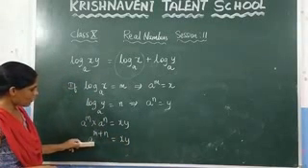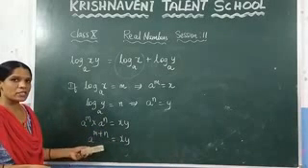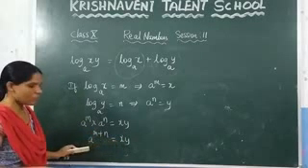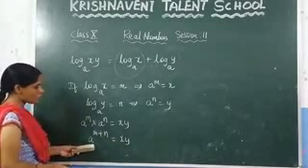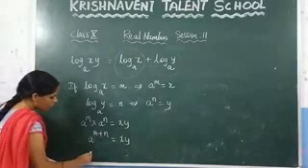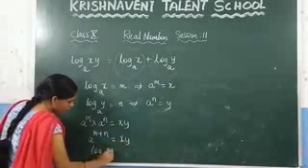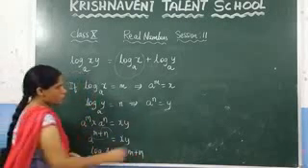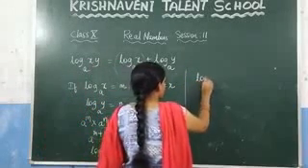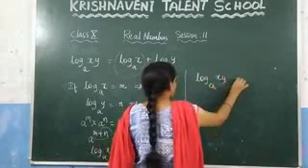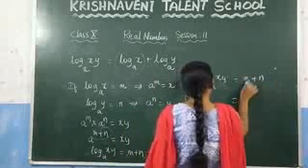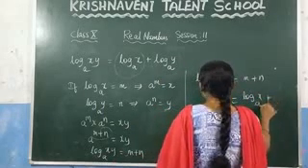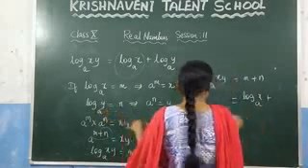Now we have got it in the form of a power x is equal to n. Now we can express this in the form of logarithms, because we cannot express this xy with the base a otherwise. So after expressing this in the form of logarithms, we can write log xy to the base a is equal to m plus n. But what is m? m is nothing but log x to the base a. And what is n? That is nothing but log y to the base a.